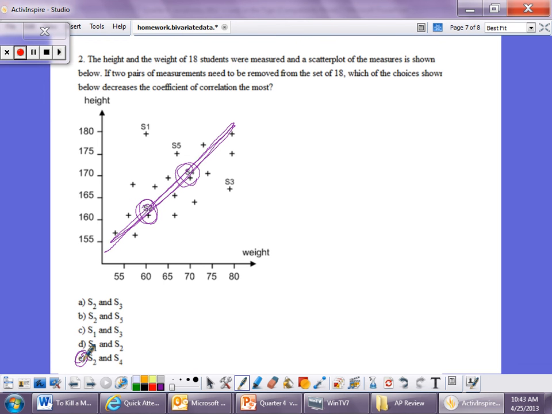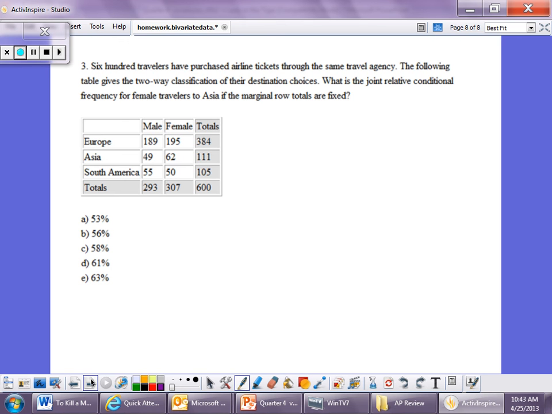And last but not least, number 3, this was a two-way table, conditional probability. Remember, anytime you have a two-way table, you want to be very careful to pay attention to your denominator. 600 travelers have purchased airline tickets through the same travel agency. The following table gives the two-way classification of their destination choices. What is the joint relative conditional frequency? Conditional tells me that they're limiting my denominator. For female travelers to Asia. So we were interested in travelers to Asia, and of them, who were female. Of my travelers to Asia, I have 111. Of them, 62 were female. So 62 out of 111 is